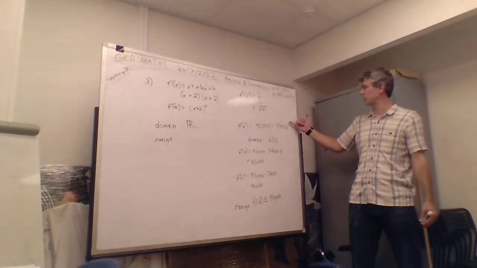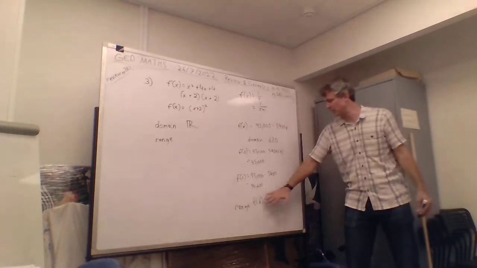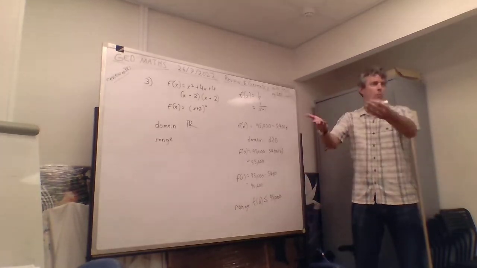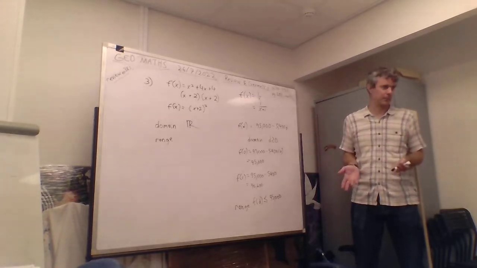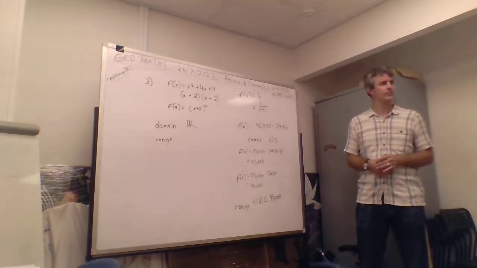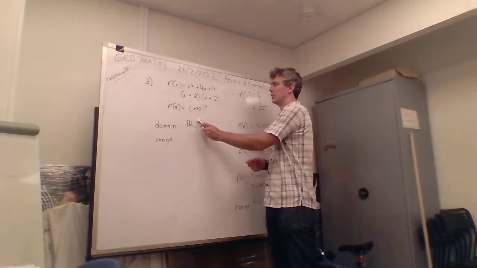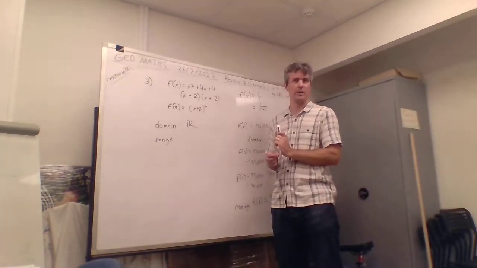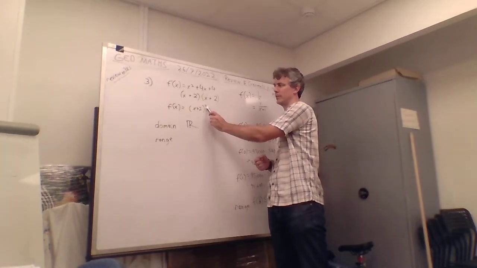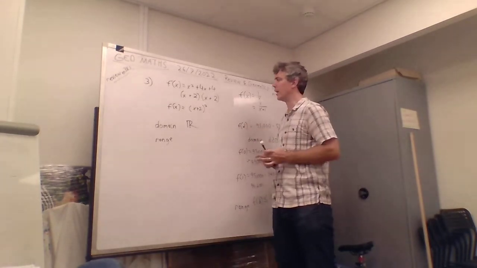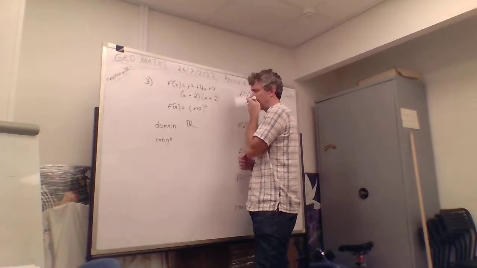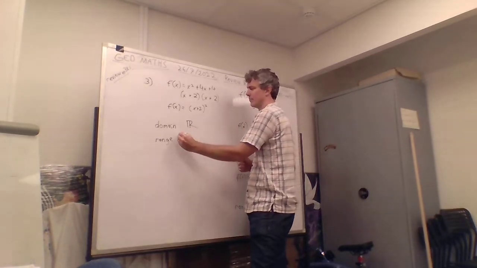First you find what values d can be, and then you write the possible outcomes. So that's what we're doing here. Here, we said the domain is all the real numbers, but we have a square here. So whatever x is,